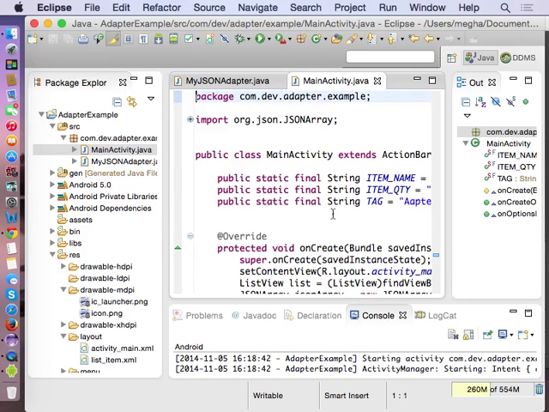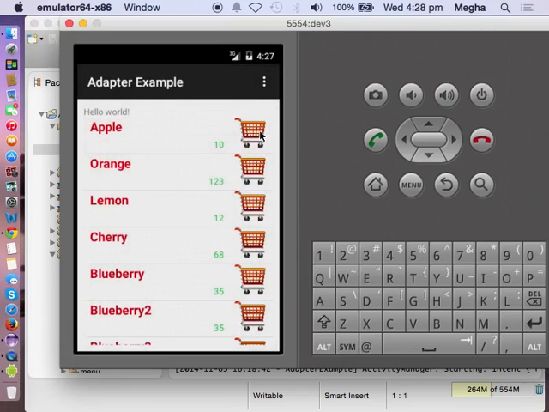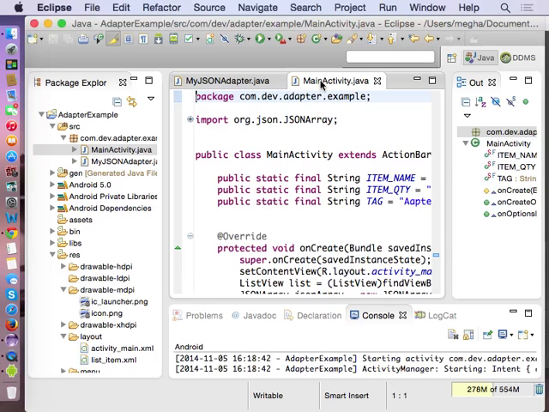The list view already has an on-click listener, right? The on item click listener. So when you click on an item, it doesn't differentiate whether you are clicking on this list view, or on this image, or on this particular text. It doesn't differentiate. It only clicks the whole view itself. But sometimes you will want a different level of action. For example, I want to listen only for this particular image being clicked. I don't want the whole item to be clicked. I want to listen only for this particular image to be clicked. In that way, you can transfer the control. For example,